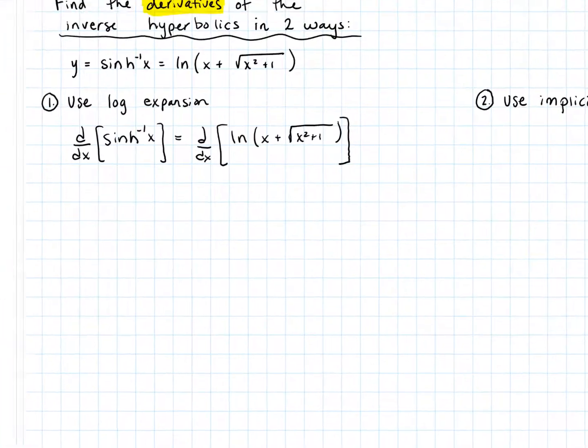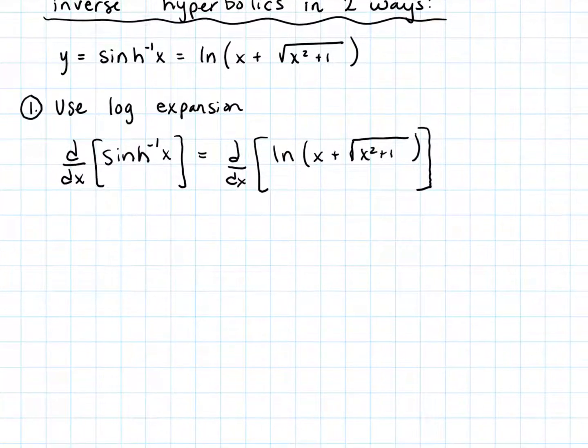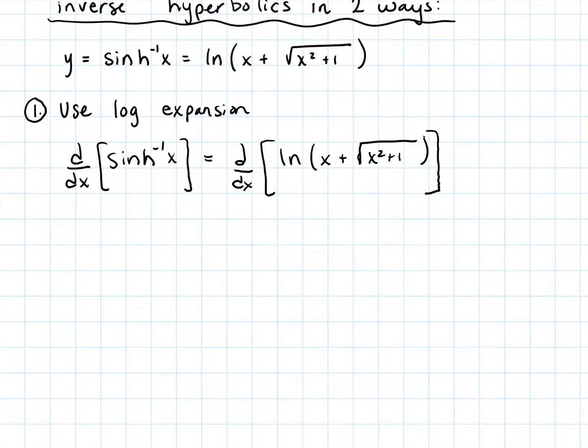Well, using logarithmic derivatives, let's zoom in just a little bit, we know that the derivative of a logarithm is 1 over the quantity we're taking the logarithm of. So we'll just do that, and then we have to apply the chain rule. So this is going to be 1 over x plus the square root of x squared plus 1, but then we have to multiply by the derivative of the inside. Well, what's the derivative of the inside? Well, that's a sum. So it's going to be 1, the derivative of x, plus